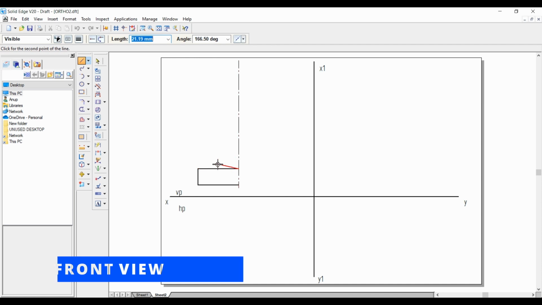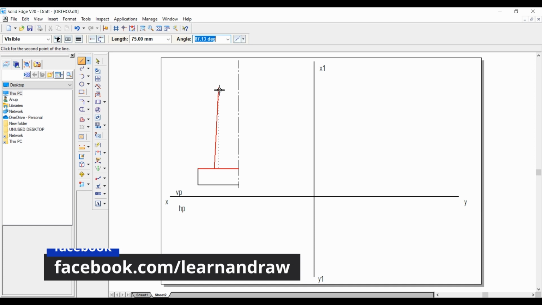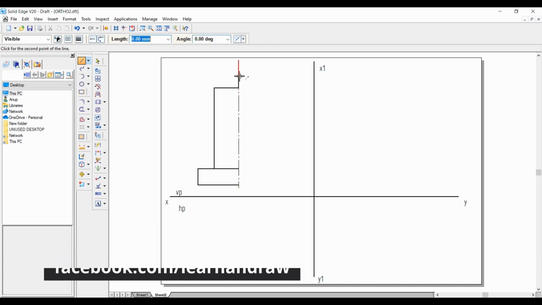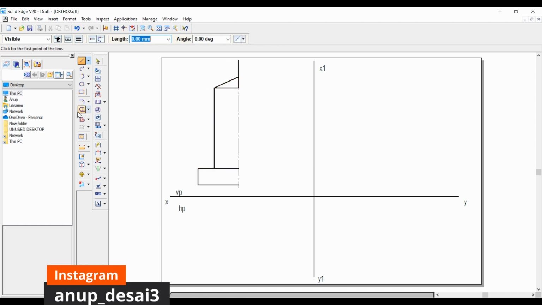The length is 22.5, height is 75. Okay, so let's join this here, then draw a line here of 15 mm. Then join this here like this. Right click. So let's trim these lines.